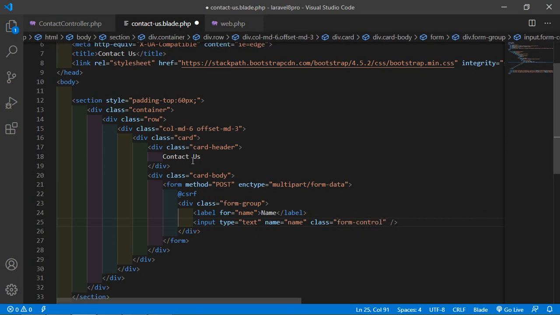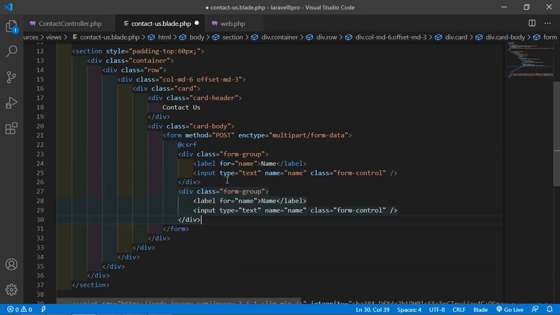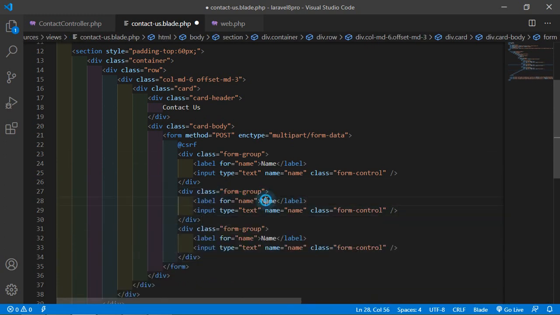Okay, now close this and copy this and paste it two times. One is for the email. So just write Email and also change the name to email. Now add Phone, and also change the name to phone.